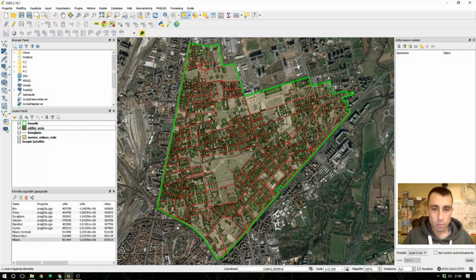We saw a little how it works and how to manage the information in a simple way, so we don't have all the Milan buildings, but only the sections we selected, an area that could be an area of study. Now we could do a little analysis of this area. We can make a style, create a print. But these are the basic guidelines for getting started with QGIS.